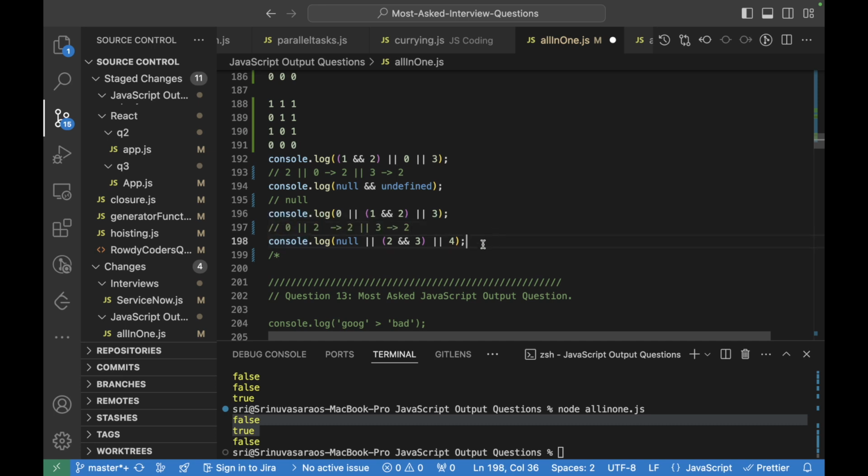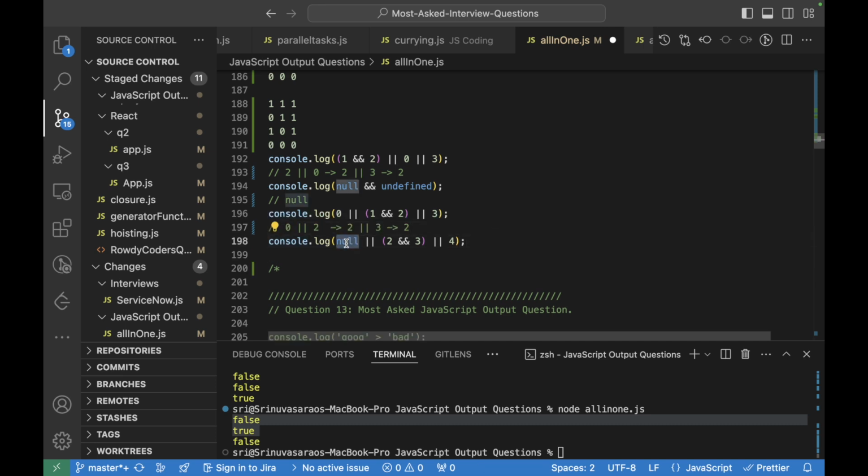In a similar way, for this also, null is false, false OR false will be null, OR 2, and then 3 will be 3, right? And 3 when compared with 4 will give 3 here. So let me run it and show the output for you.